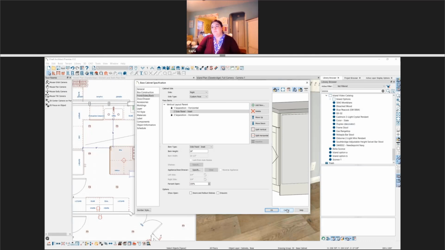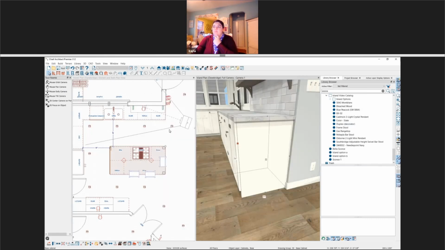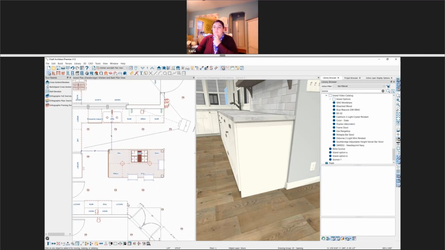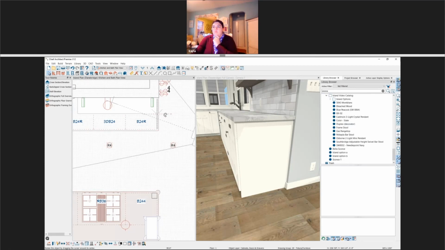Other potential way that you could do it, if that doesn't cut it, is to make a very thin cabinet and change the attributes of that cabinet so that it has a complete full body on it. And it's just a 1/2 inch thick or something like that. And then you could put it on the side of it.